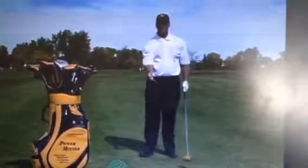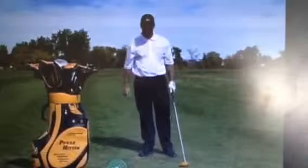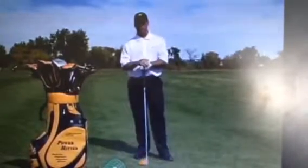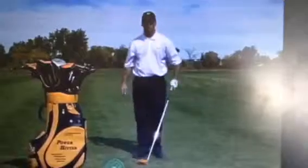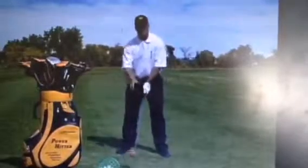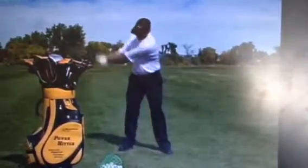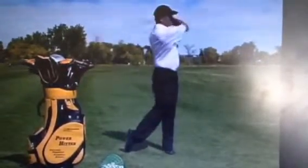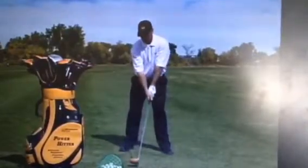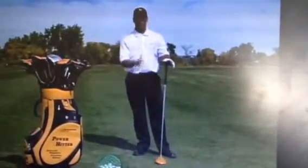And you can feel the release right at impact, and that's what you're looking for, that properly timed release to hit the ball far. And then if you can't get outside to hit plastic balls, you can just make slow motion practice swings at home indoors. Maybe you've got a rec room or a foyer or somewhere where you've got a high ceiling, and what you want to do with the power hitter is just make a slow motion backswing, back to the top, and then accelerate through. Always feeling the proper acceleration in the downswing. Slowly back, accelerate through. So the power hitter is a versatile club you can use on the driving range or at home, in the backyard, or just